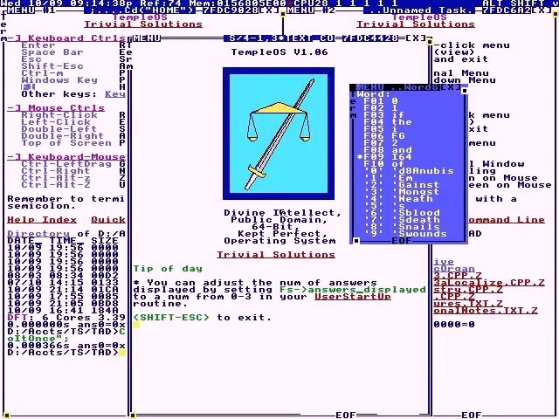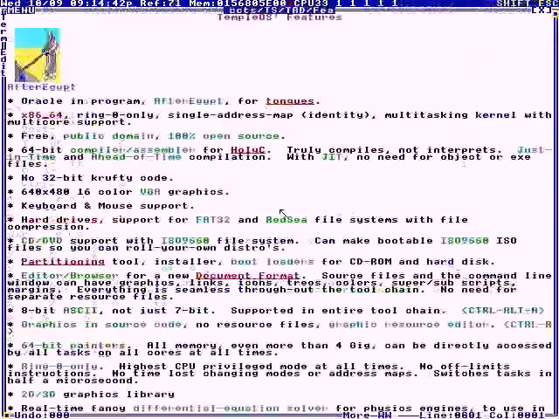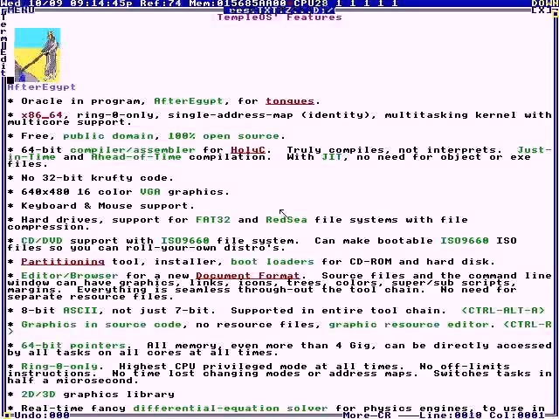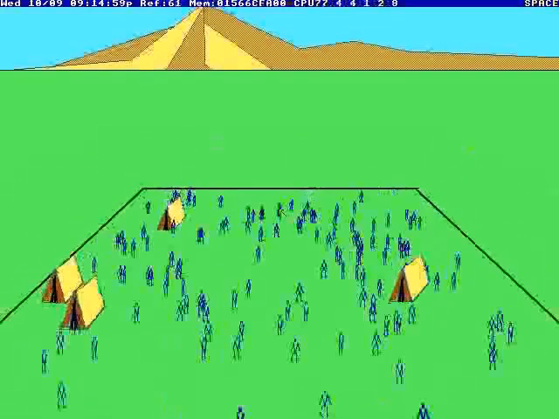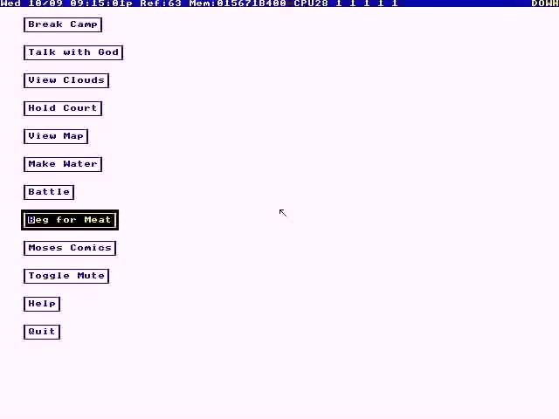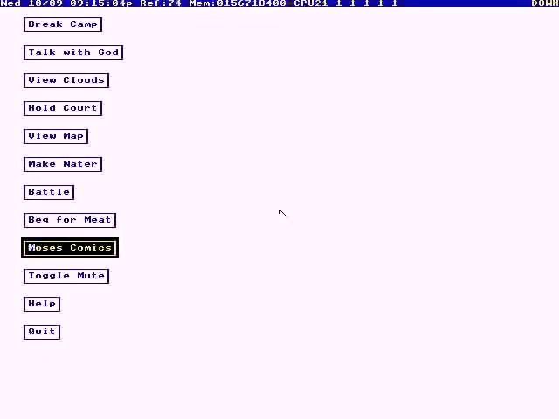This is TempleOS. It's a 64-bit PC operating system. It has an oracle. That's why it's called TempleOS. The main purpose is for doing offerings of hymns and art and poems and stuff, and then getting a response from God in the oracle. After Egypt, this is after they left Egypt, before they got to the Promised Land. It's just a fun little game that